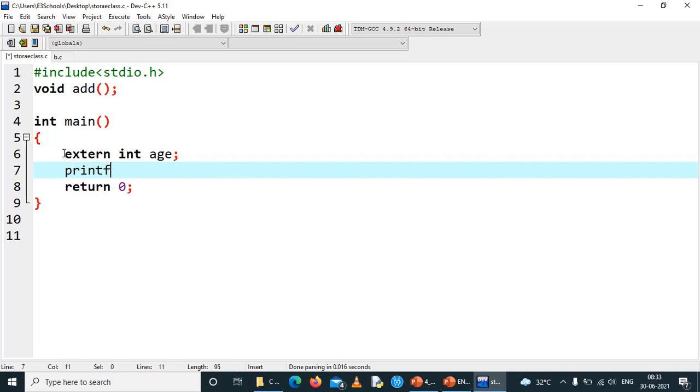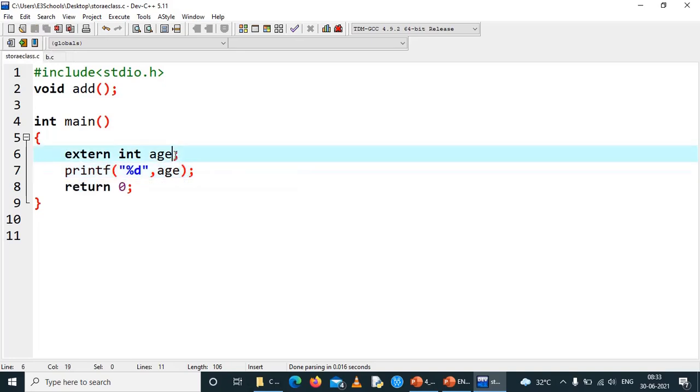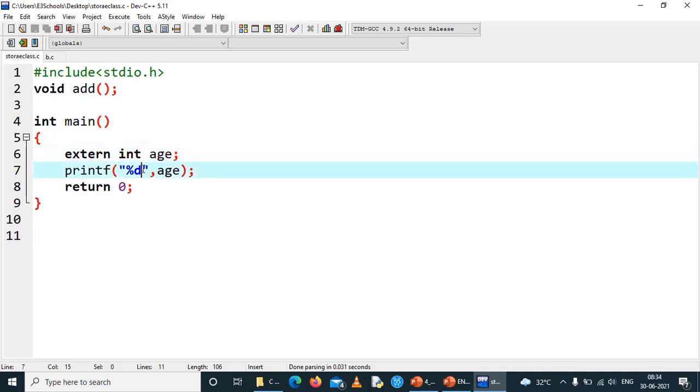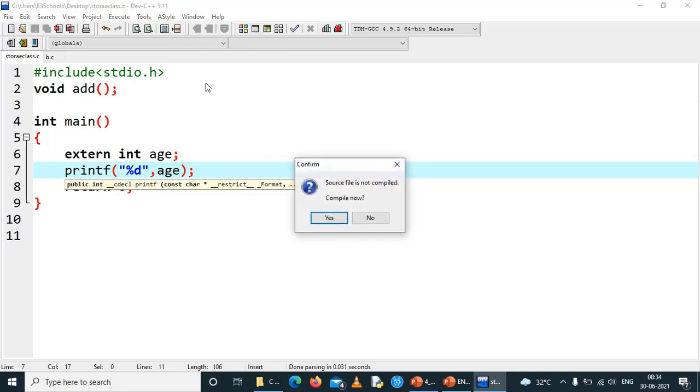When I try to print the variable named age, I don't assign any value here. Age is just declared, and I am trying to print the value of age.